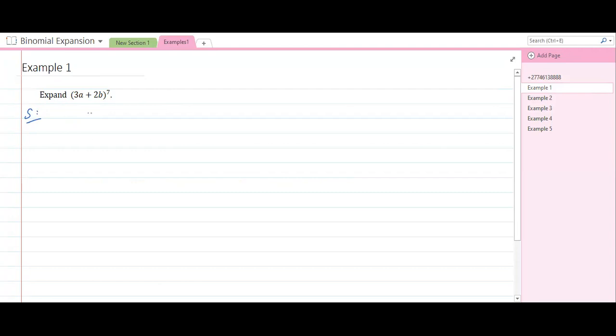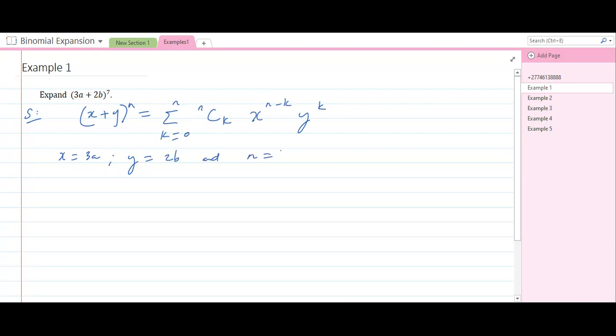We know that (x + y) to the power n, the binomial expansion formula, can be written as the sum from k equals 0 to n of n choose k, x to the power n minus k, y to the power k. So if we say that x is equal to 3a, y is equal to 2b, and n is equal to 7, and substituting into this formula, we can get